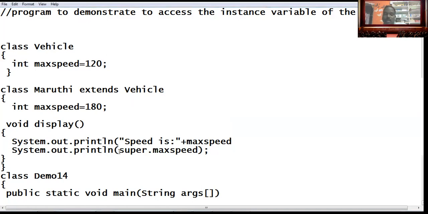Okay, and we can see this one also. Maximum speed. We'll see just what is going to happen.